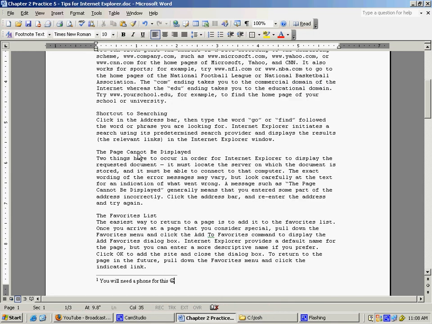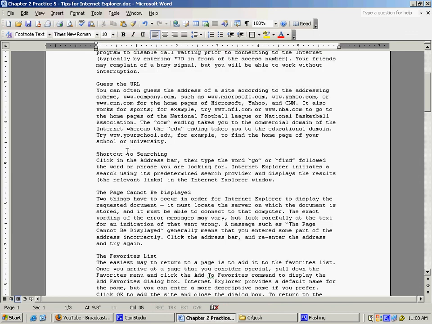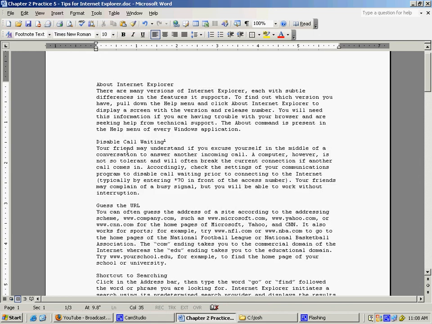Part B of question 2: we want to look at the paragraph beginning with the words "your friend may understand," which is right here, right under "disabled while waiting." It says "your friend may understand." And we want to insert a picture of a phone on the left side. So we're going to choose Insert,